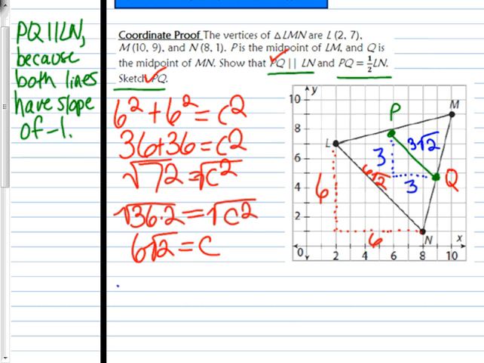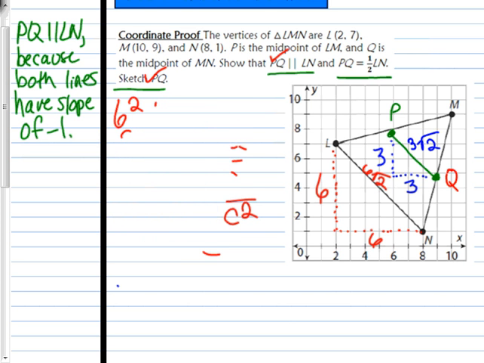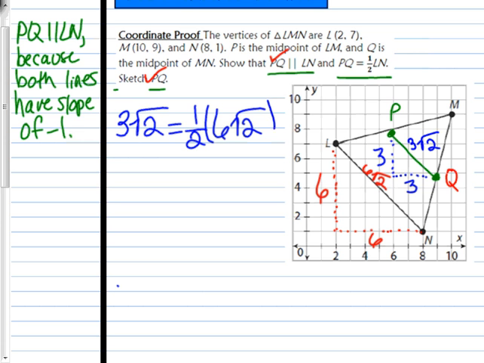I'm going to erase what we have right here and see if we can prove that PQ is half of LN. 3 square root of 2 is half of 6 square root of 2. 3 square root of 2, what is half of 6? Or what's 6 divided by 2? It's 3. So if I work it out, it's right. So is PQ half of LN? Yes, it is. So we would say